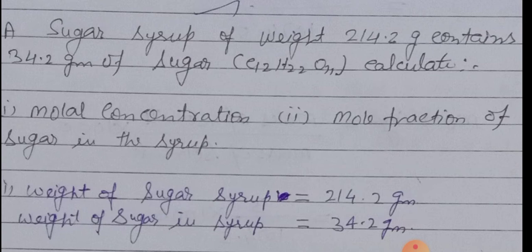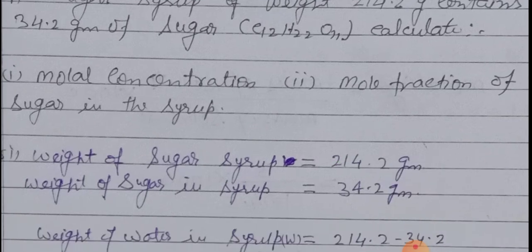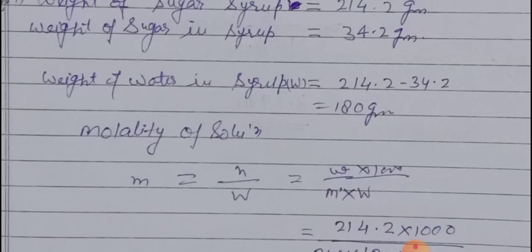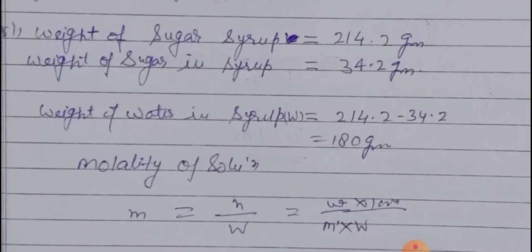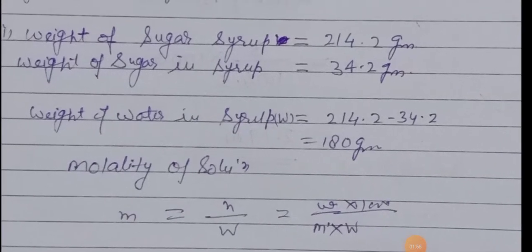the data which is given in this question. Numerical data: weight of sugar syrup, that is weight of solution, is 214.2 gram. Weight of sugar in syrup is 34.2 gram, that is weight of solute. Weight of solution equal to 214.2 gram and weight of solute, that is sugar in solution, is